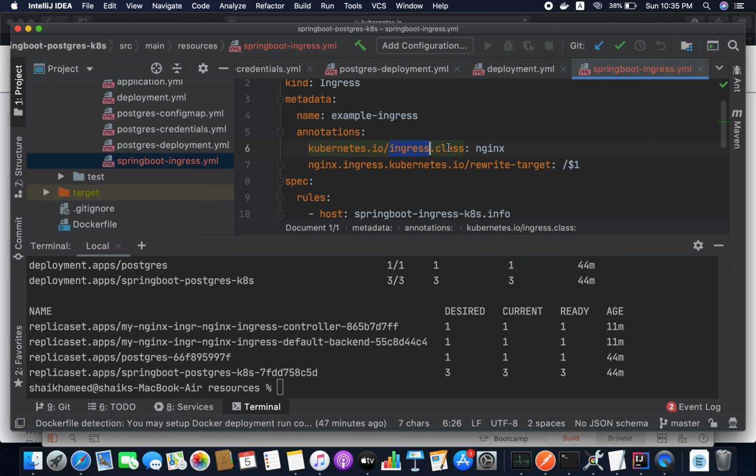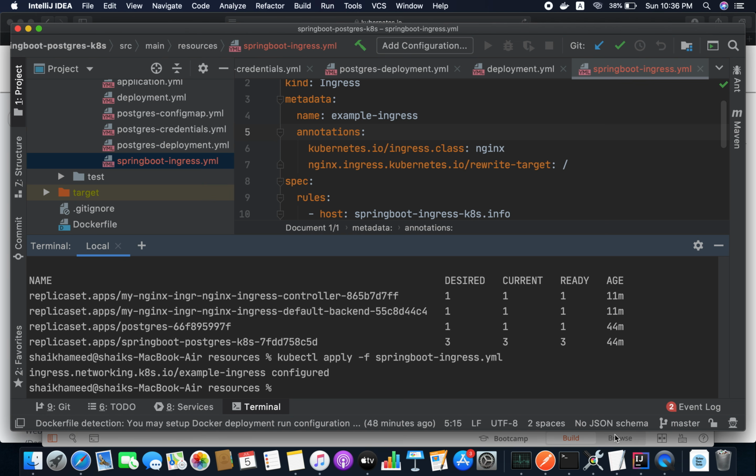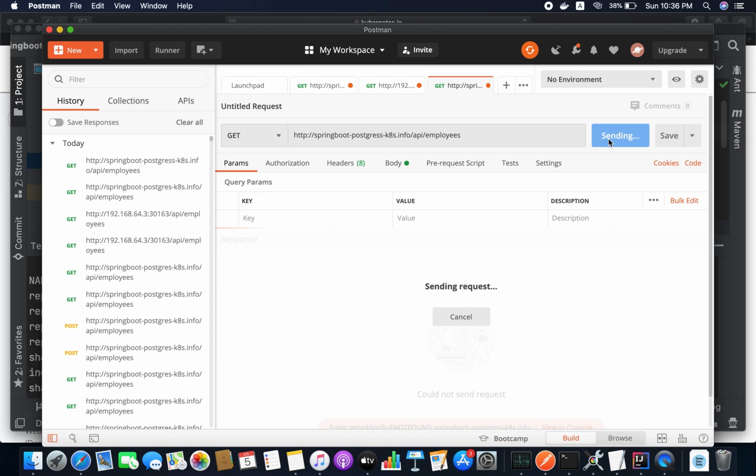So the ingress class, so that we are telling the Kubernetes cluster, hey, we are using the ingress class as nginx. That's what this annotation means. Let me copy this and apply this YAML file. And you can rerun this application again and see whether it's working or not.